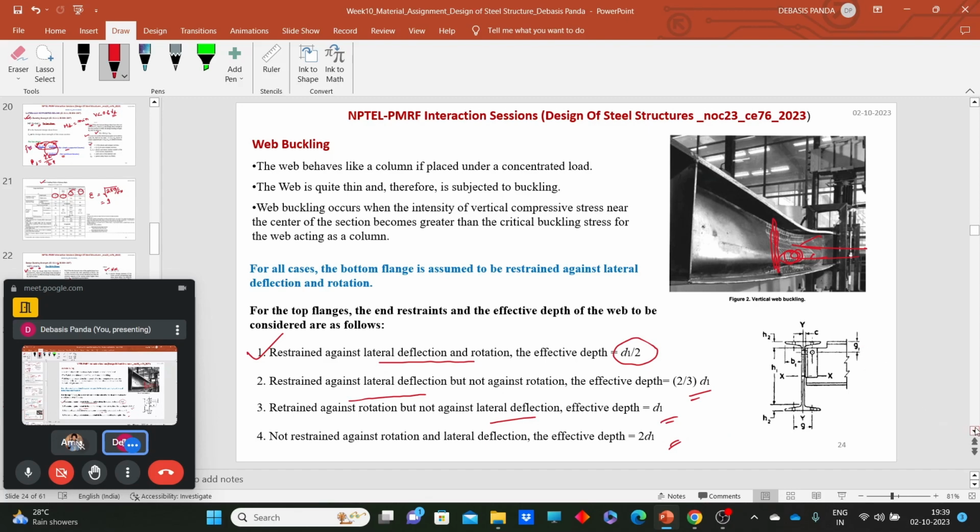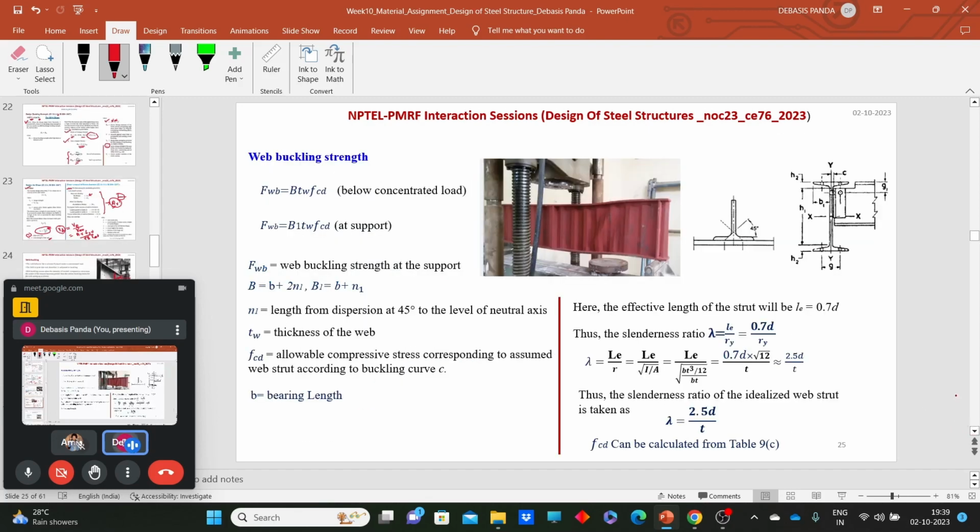Now, web buckling. So how do we calculate the web buckling strength? What should be the web buckling strength? The web buckling strength is nothing but the area into the load. So look at the web portion, what I said. This portion, the web portion, will